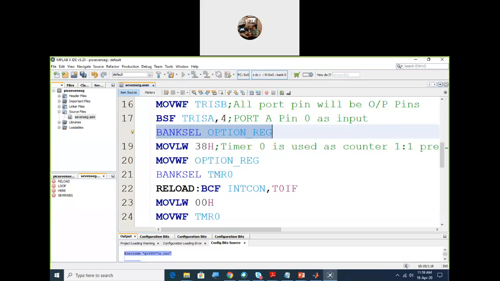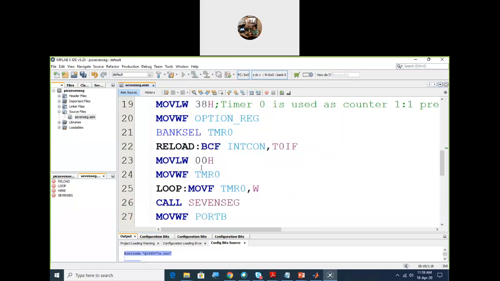Next I am clearing this T0IF flag. The timer 0 interrupt flag bit is cleared. As such we are not using this, but still I clear that particular interrupt flag bit. Now I load 00H into the working register, because you want to count the events, and you will start counting like 1, 2, 3, 4.